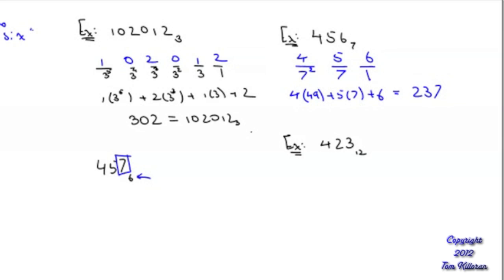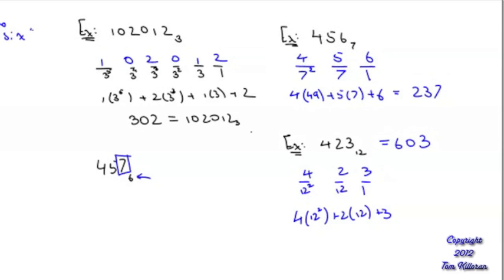The technique does not change when things look different. The technique stays exactly the same. How many place values? 3. This one is the 1s. This is the 12s. This is 144, or 12 squared. And then on top it goes 4, 2, 3. So you go 4 times 144 plus 2 times 12 plus 3 for a grand total of